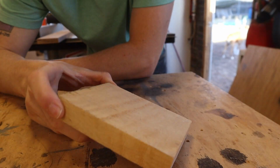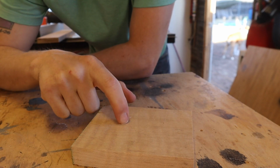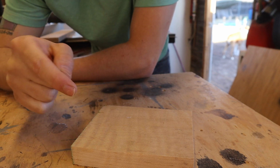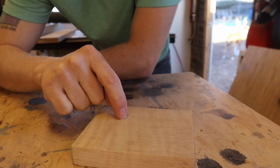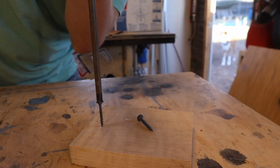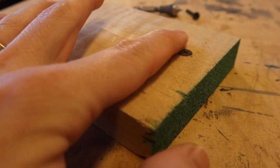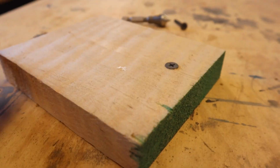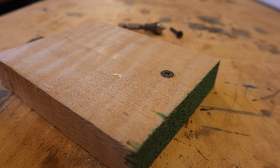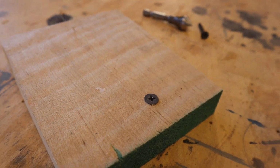So here I've got a piece of maple. It's hard maple. It's kind of difficult to get through, and if I drive a screw straight into that, I'm going to break the screw, I'm going to split the wood, or I'm going to drive as far as it can go and the head will not go in. Let me show you. So if you take a look at that screw, that is not flush. That will always be visible, and it never sinks itself because this wood is too hard, and if I try any harder it's going to strip out or it's just going to snap the screw. So the solution to that problem